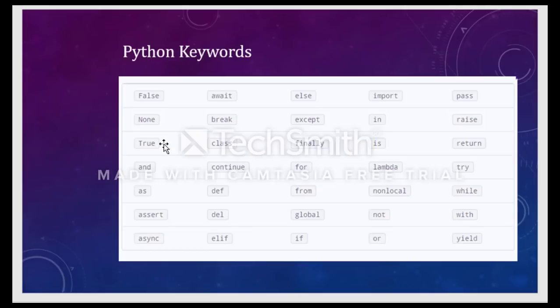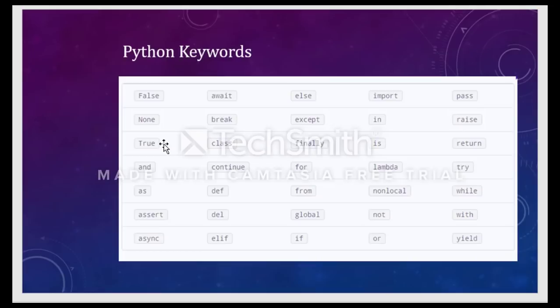Any language is built on some standard predefined keywords. Python is also the same kind of language where we have some built-in keywords. With these keywords itself, we form the code. That means we write the statements in the Python program.